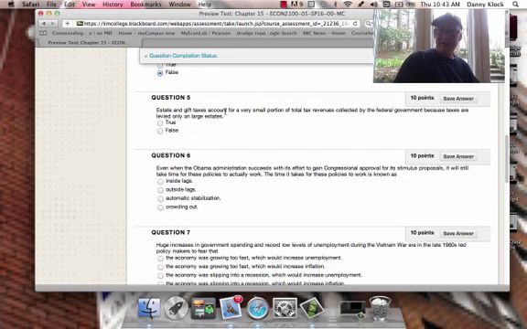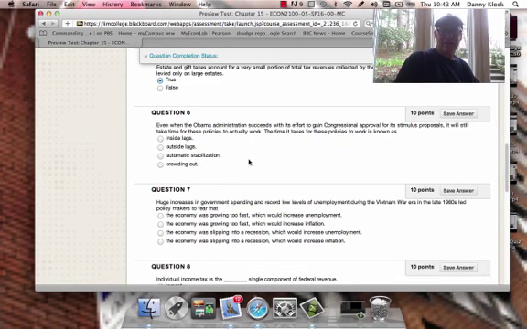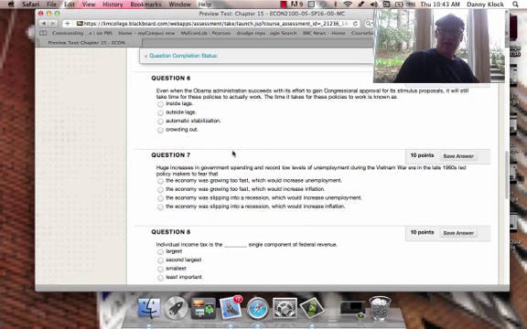But anyway, they're a very small portion of the total tax collected by the federal government because they are levied on just large estates. Yeah, for the estate tax, again, you have to have $3 million or something. Everything over that is taxed. So that is true. It's a small part, estate tax. Should we get rid of it or not? The death tax, as the Republicans call it.